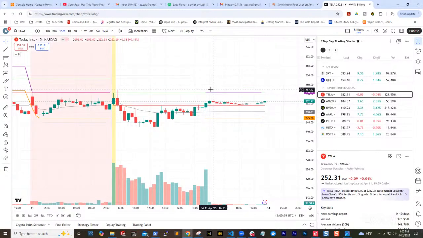So this is the strategy I use. If the candle crosses above here, and I see there is volume, these lines you guys are seeing down here are the volumes. If the volume is green, it means people are buying, there's buying pressure. And if the volume is red, it means people are selling. So if the candle crosses here and the volume is green, and the candle is above here, that's when I will buy it, because now all the indicators are telling me there's a good chance it will move up, right? But you can see yesterday it never moved up.